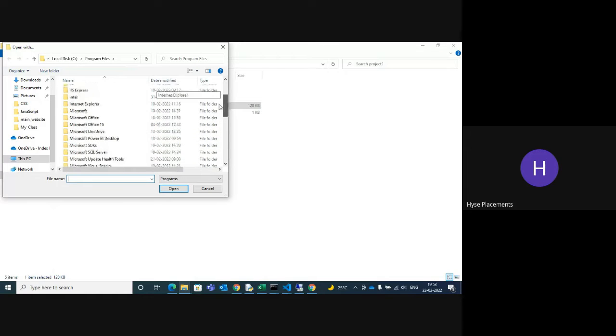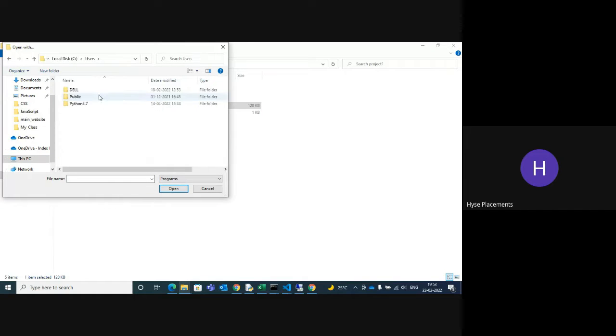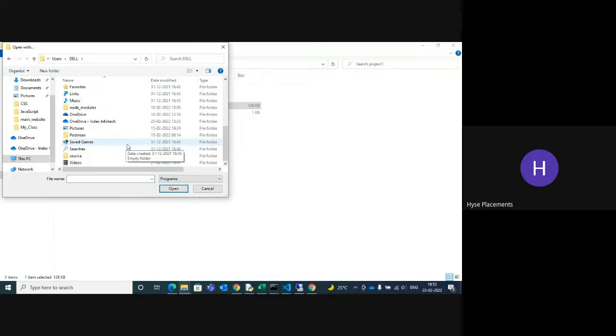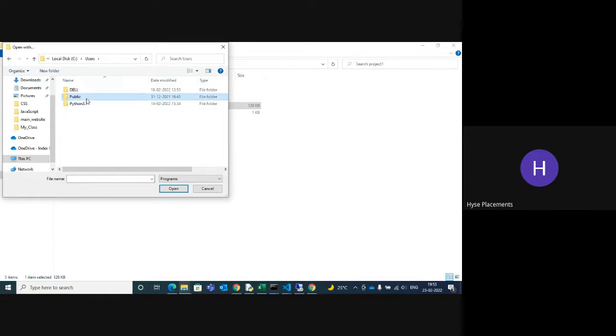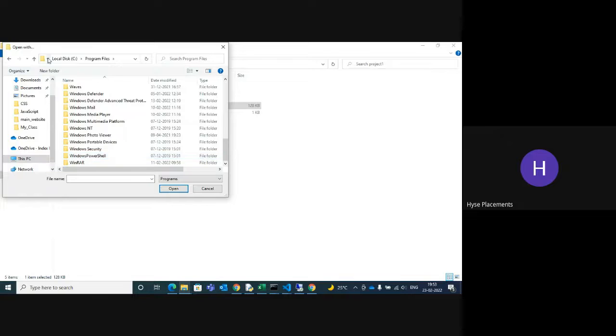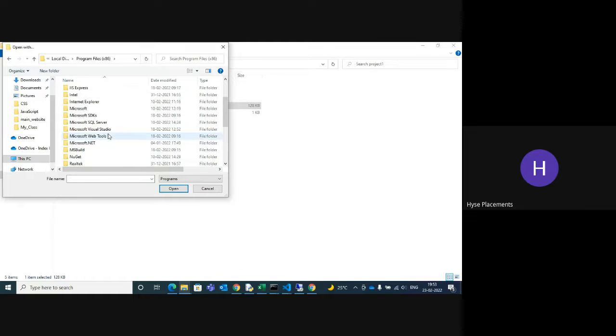Where you downloaded it, you can go to that path on your PC, users, Dell. Is my path correct or not? I forgot my path. Dell, public. No, maybe program files. Not there. Program files, SQLite 3.